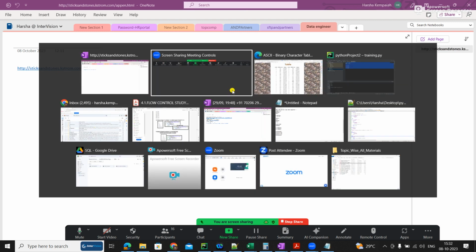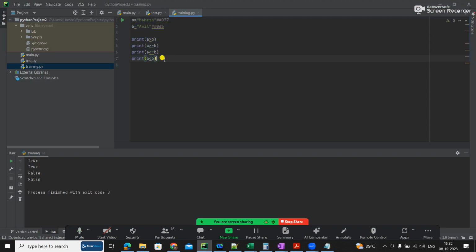Okay, the next one was also a good question, something with true or false. a equal to true, this is a boolean value, b equal to false.